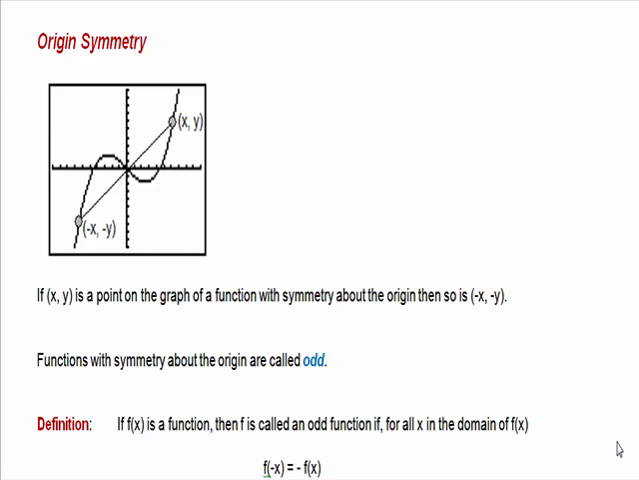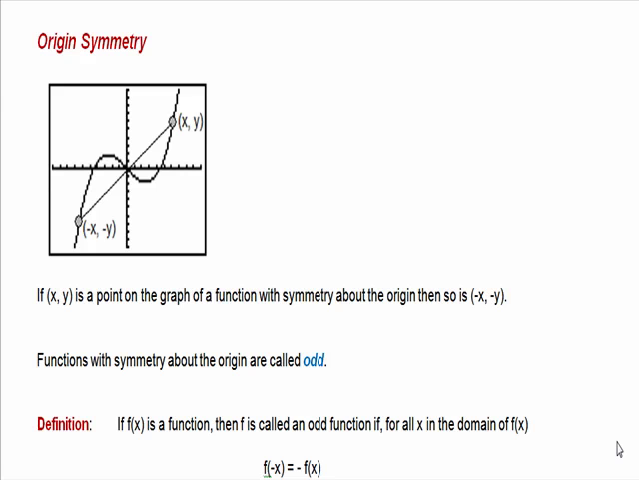Now we're going to take a look at origin symmetry. What I've done here is draw a graph of a function that has origin symmetry. What you'll notice is it's a slightly different relationship, but kind of similar to what we did before. If a function has origin symmetry, we would actually say if